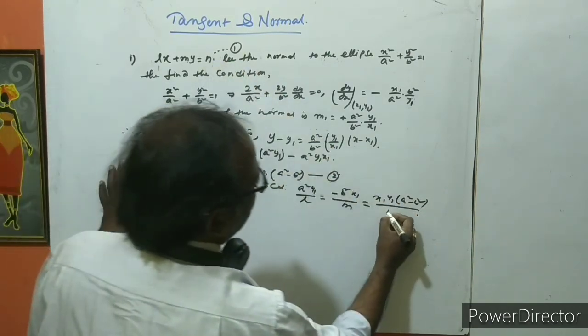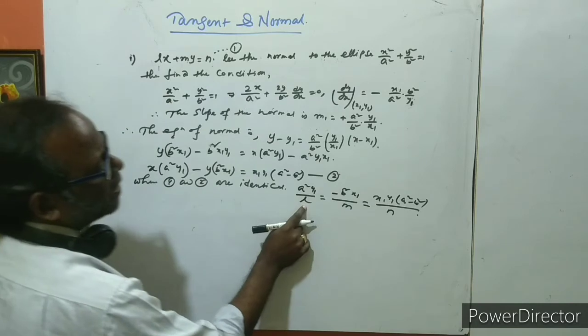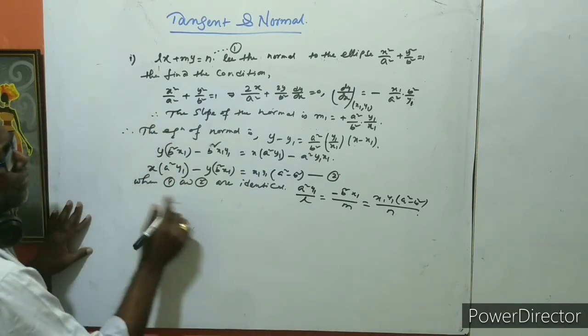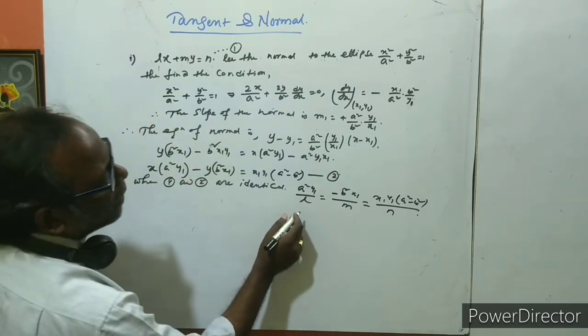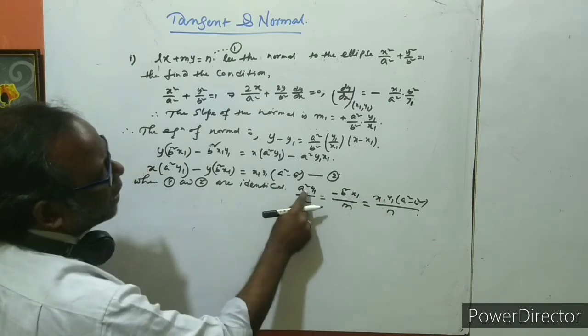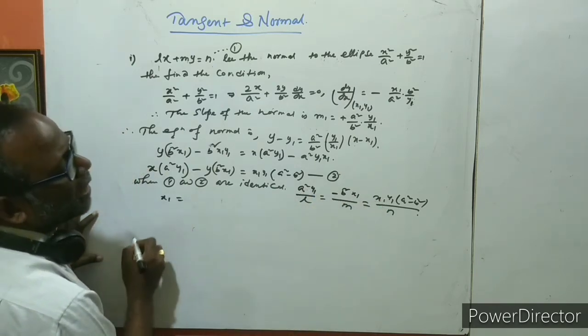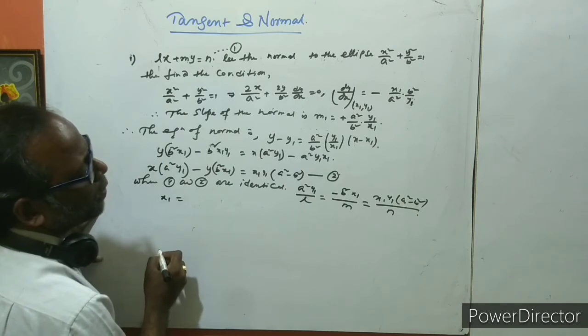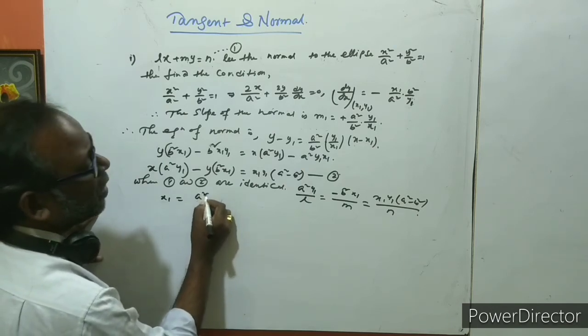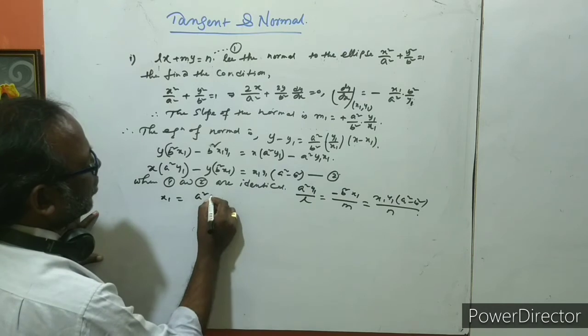From this, if we take this equal to this, we can write y1 and y1 are cancelled, so we get here x1, that is equal to a square into n,